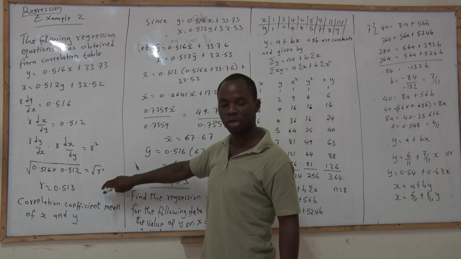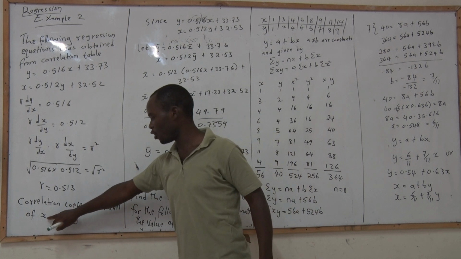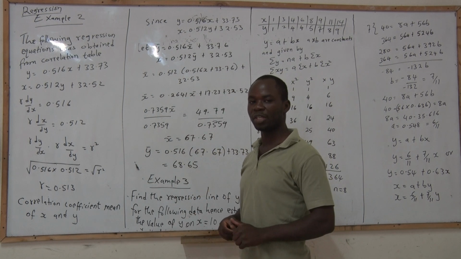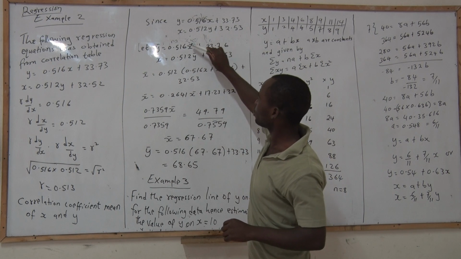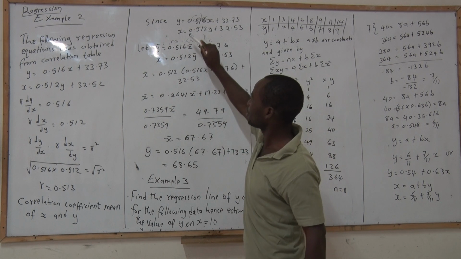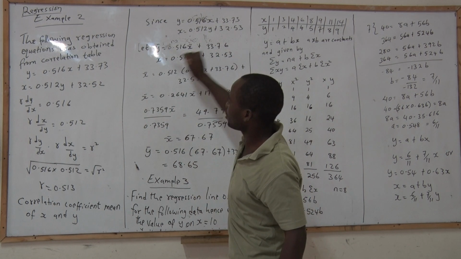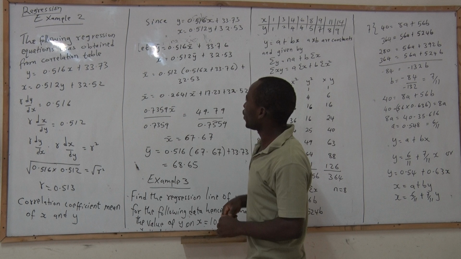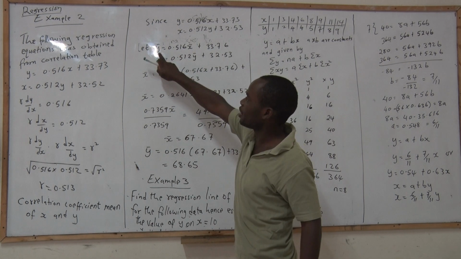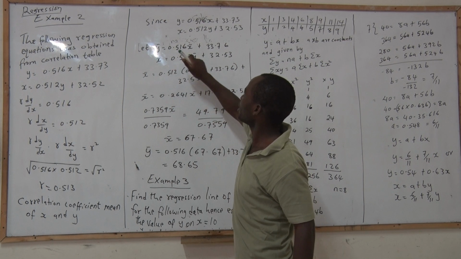Therefore, it is very important that we define the correlation coefficient mean of the variables x and y. In order to get the correlation coefficient mean of x and y, we are going to use this formula. We will let x, this equation is just the same equation we had here, and x is the same equation we have here. I've just transferred them to here. And now we can let y bar be the mean in the y equation, to be equal to